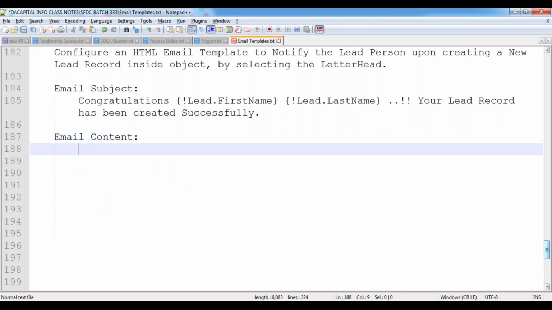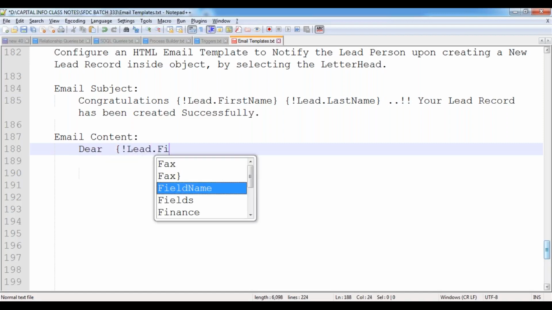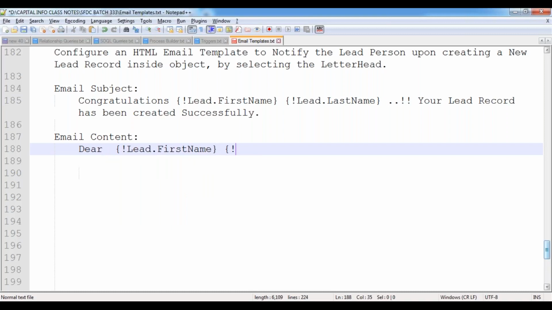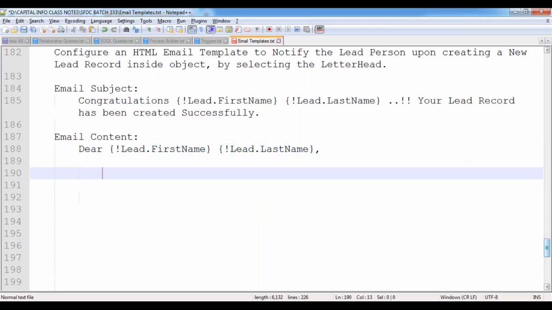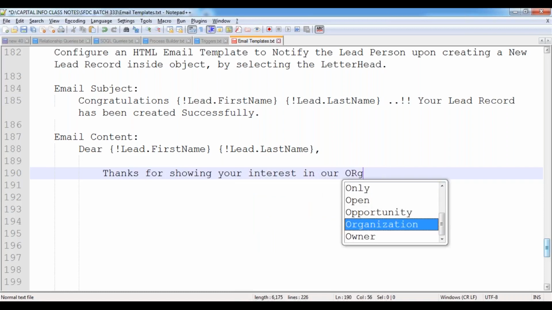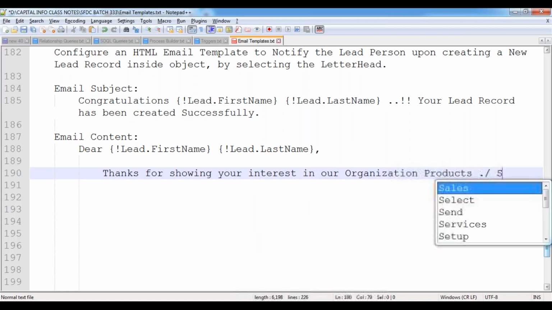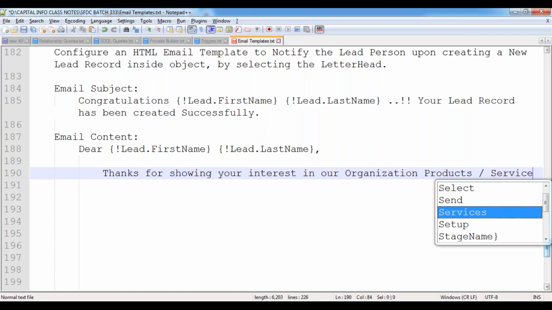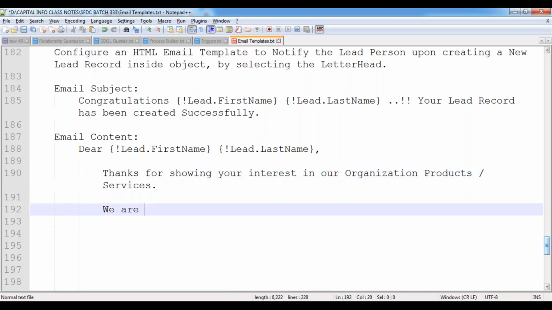And the email content, I would like to indicate: Dear lead person's first name, lead person's last name. Dear lead person first name and last name, thanks for showing your interest in our organization products or services. We are pleased to inform you